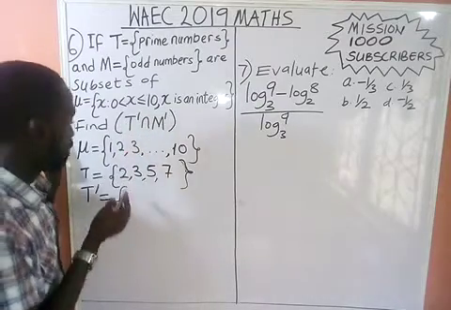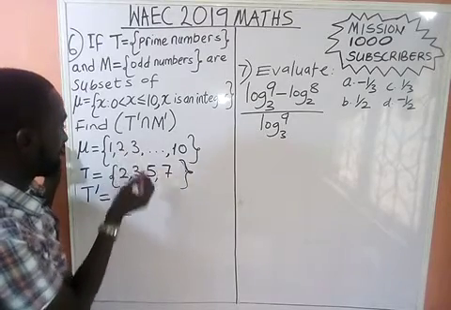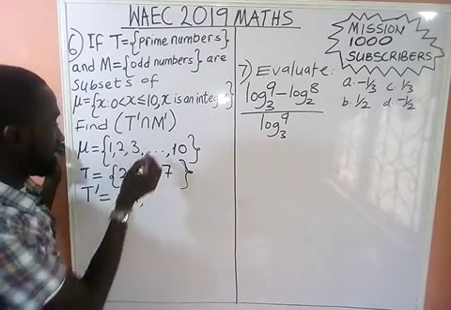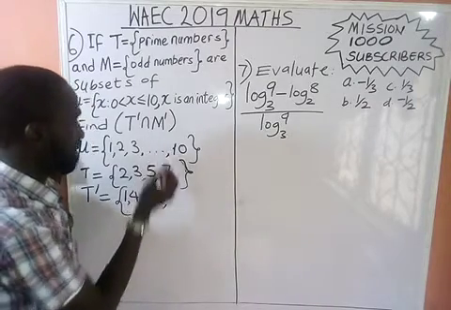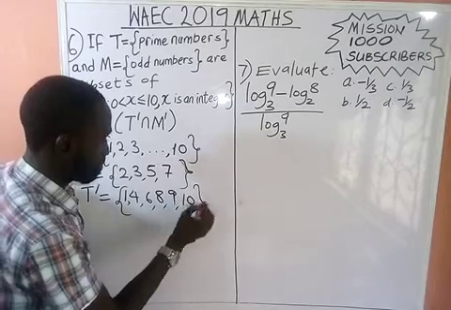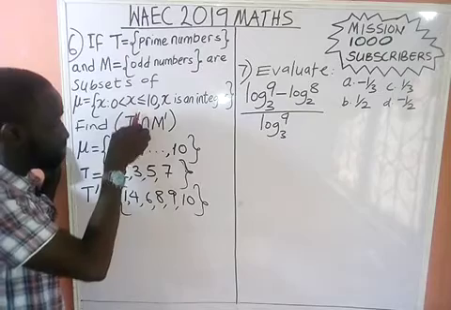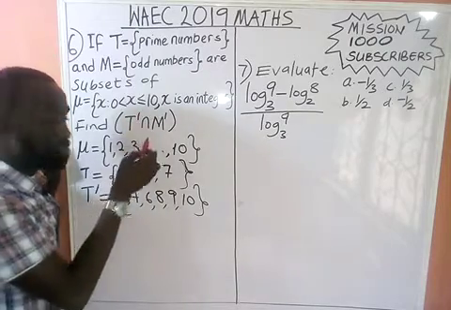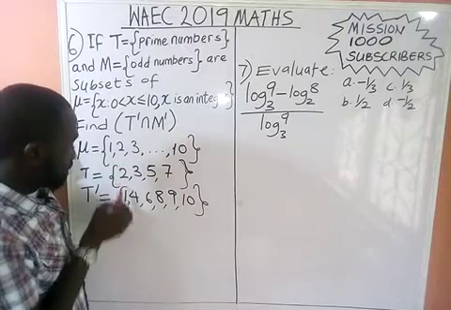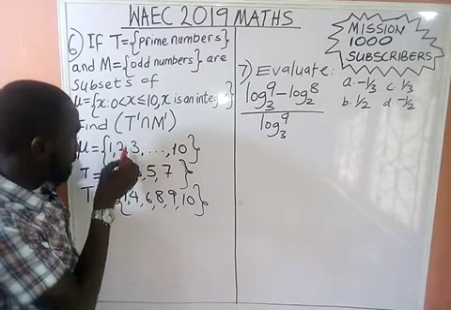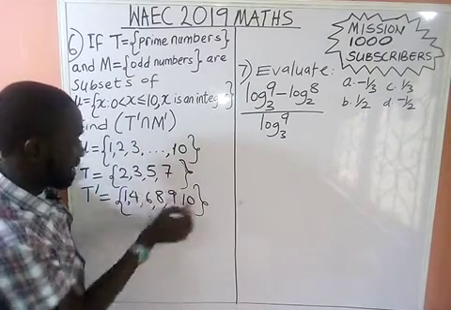I can see 1 here, I will not see it here. 2 is here, 2 is here, 3 is here, 3 is here. I can see 4 here. I can see 6 here, that is not here. I can see 8 here. What again, class? I can see 9. I can see 10. Do you understand what I'm trying to say? So prime or complement means what I will see in the universal set, but not in the set that we're talking about. So I can see 1 here, which is not here, so I put 1 down. I can see 4 here, I put it down. I can see 6 here, 8 here, 9 here, and 10 here.